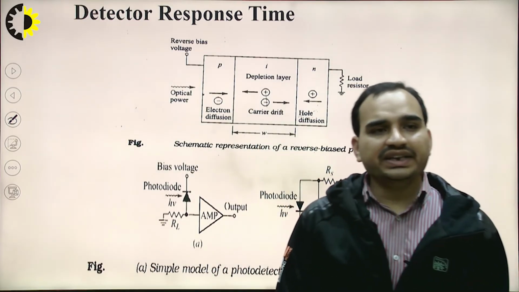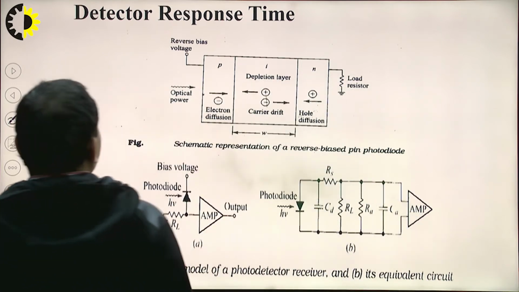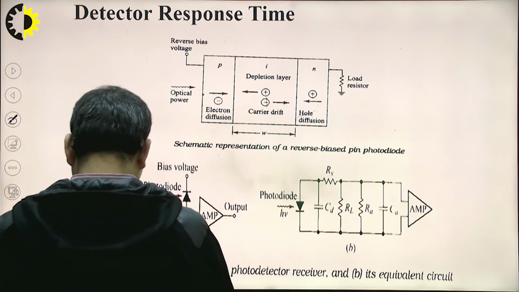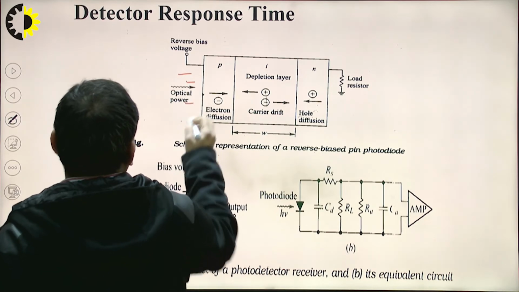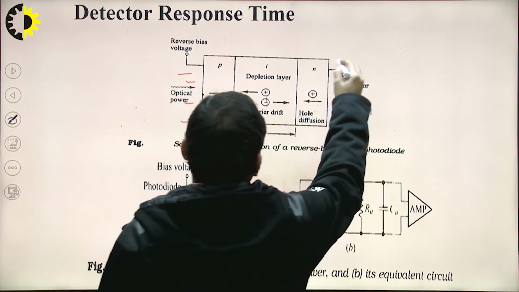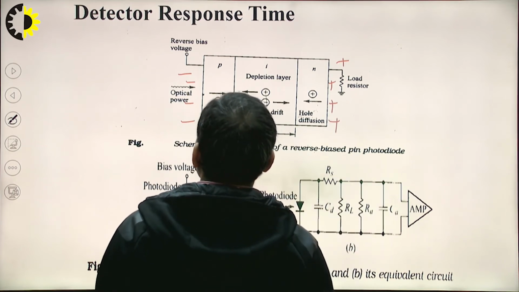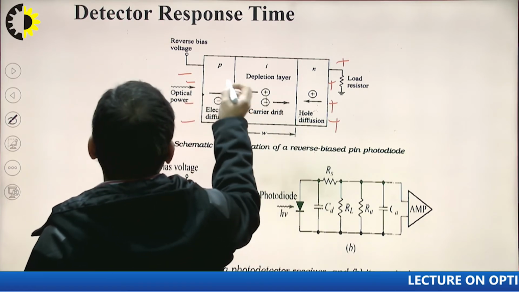So, the detector response time. Here we are providing the reverse bias voltage. Reverse bias voltage means the P side is supplied with negative and the N side is supplied with positive. Now, due to this reverse bias, we have the depletion region, and the electron and hole pairs are attracted